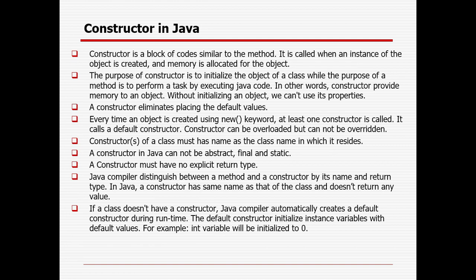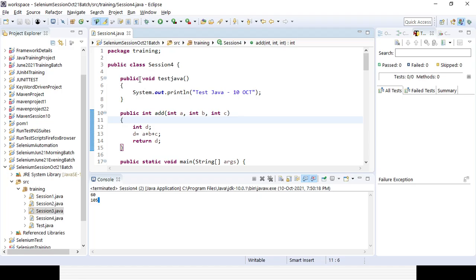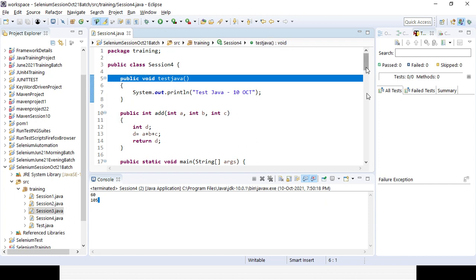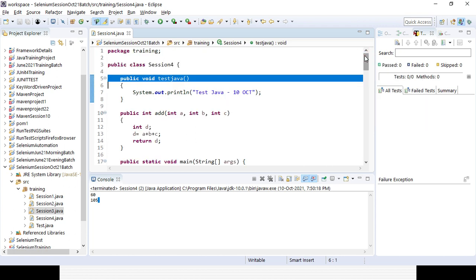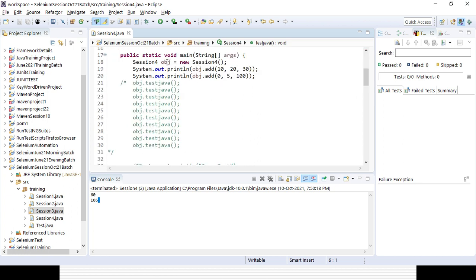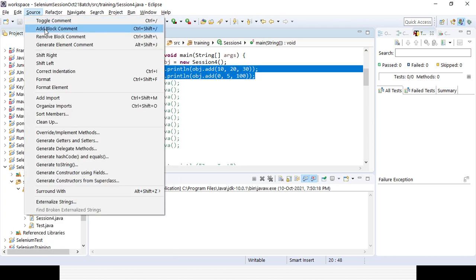The next one is the constructor. What is a constructor in Java? Why is a constructor required? You already saw that when I want to create a method, I create the method, then create an object, and after that call the method. Sometimes I don't want to go that way, so I create a constructor. The constructor name should be the class name, and the constructor should not have a return type. As and when I create an object, the constructor will be called automatically. That is the beauty of the constructor. In case you don't have any constructor, by default one constructor will be there, which is the default constructor.